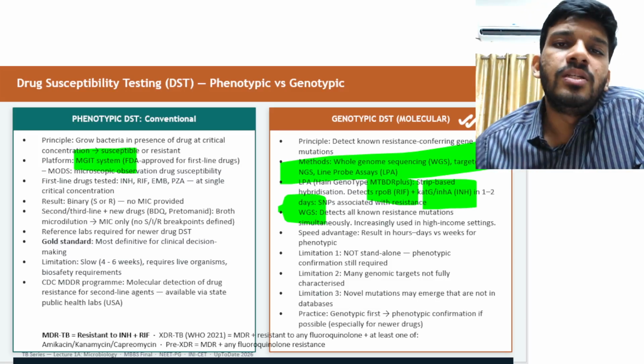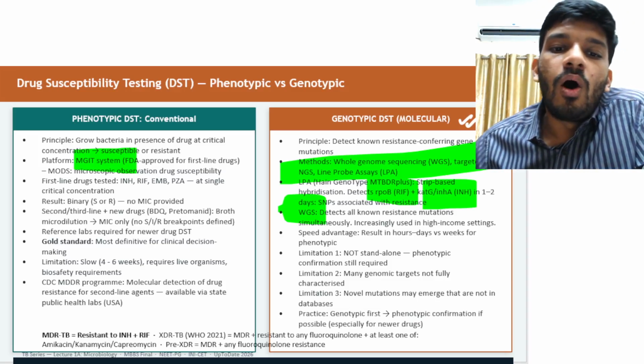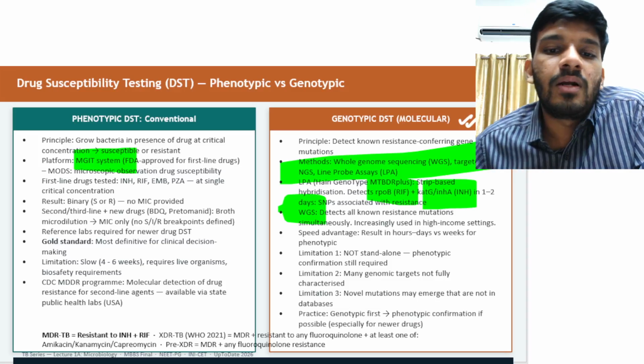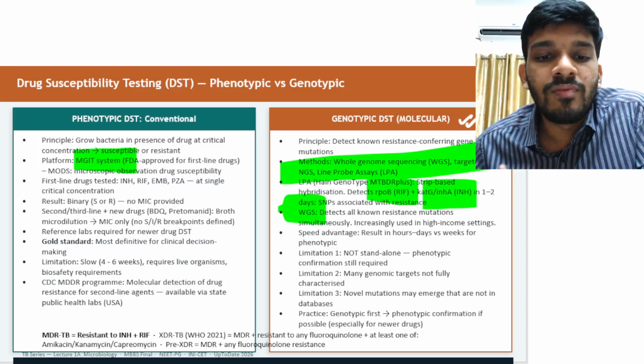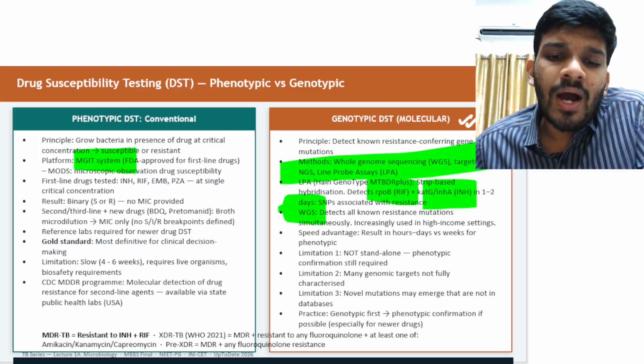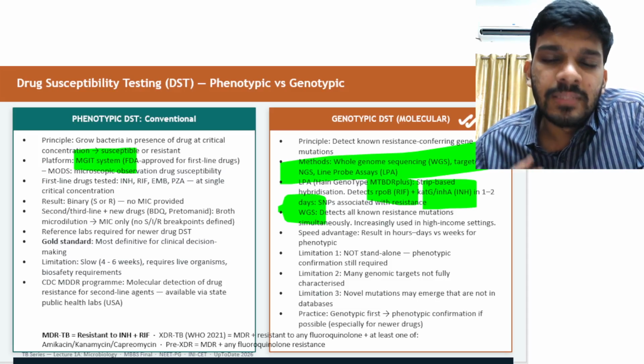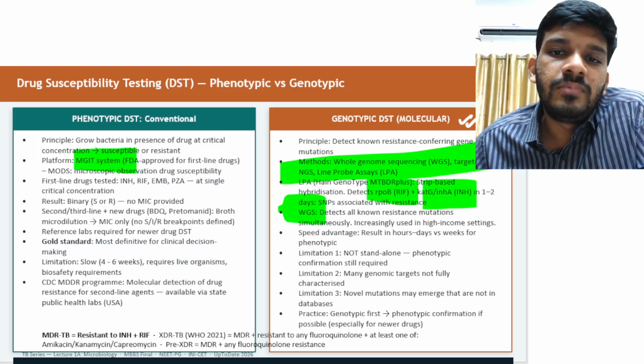Okay. So based on this, you will define whether the organism is drug resistant or whether the organism is sensitive to some drugs, whether it is extensively drug resistant. All of these things you can tell based on this. Okay, so you have Indian reference laboratories which are building these capacities, and this is the future of drug susceptibility